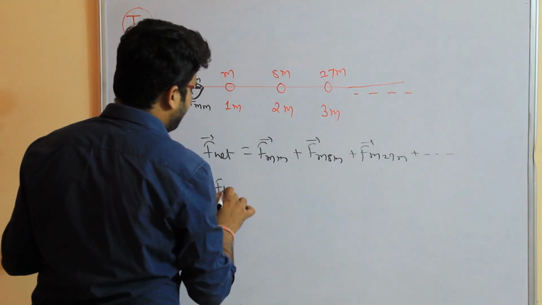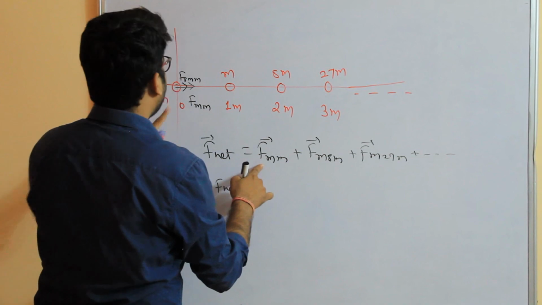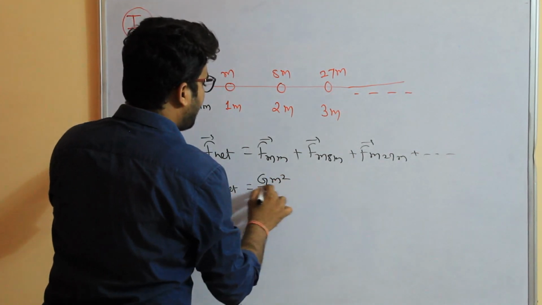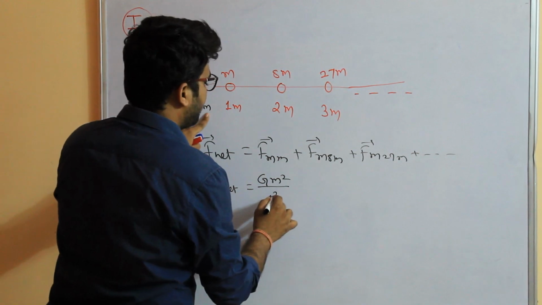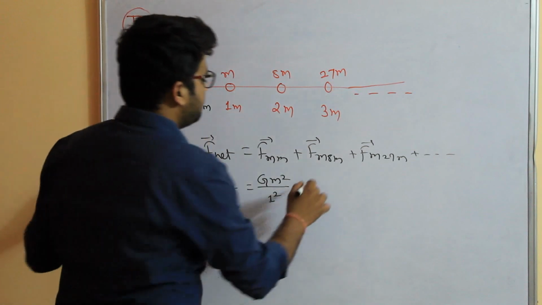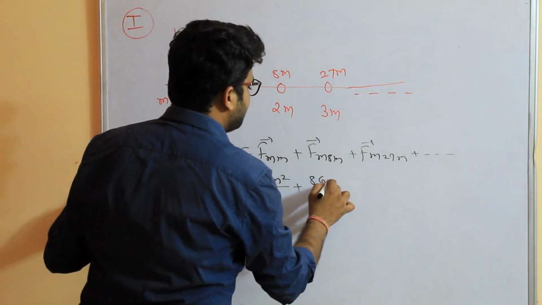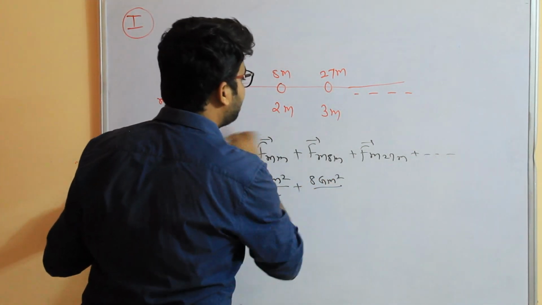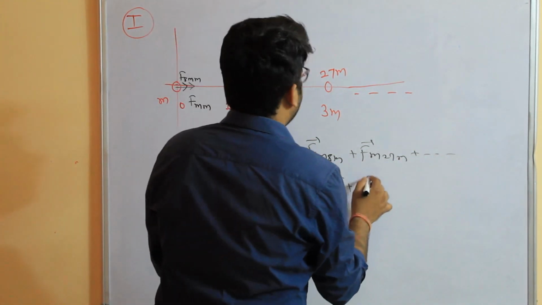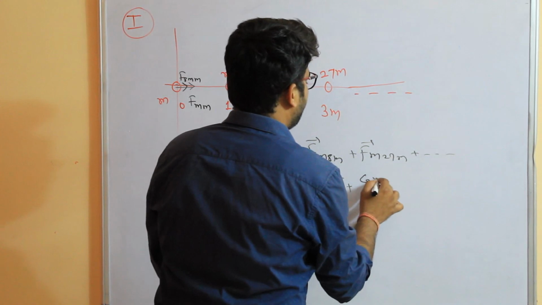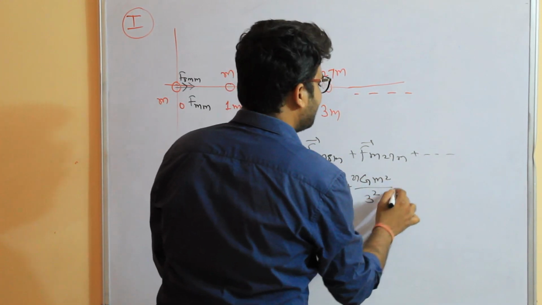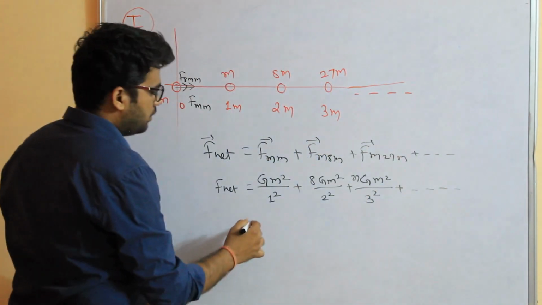So F net is Gm square by 1 square, plus likewise G m 8m is 8 Gm square by 2 square, plus likewise 27 Gm square by 3 square, and so on, which is equal